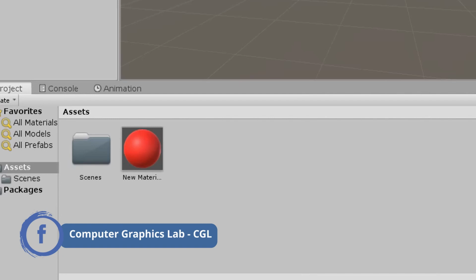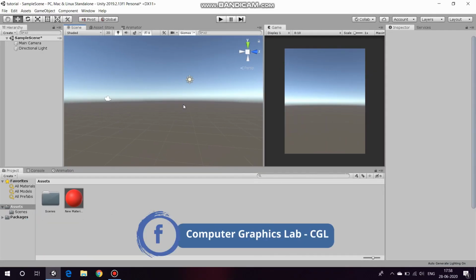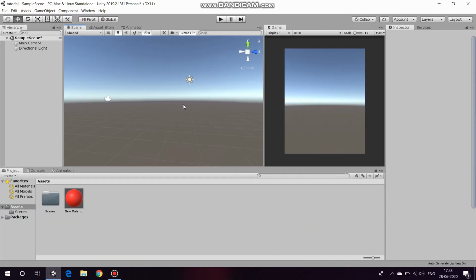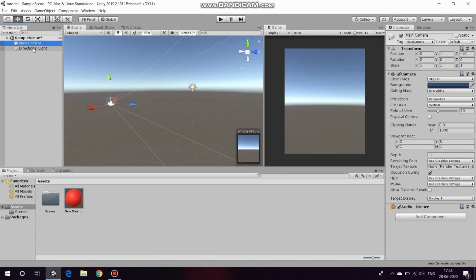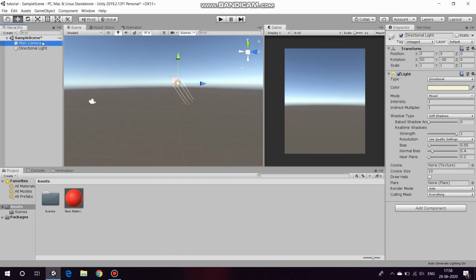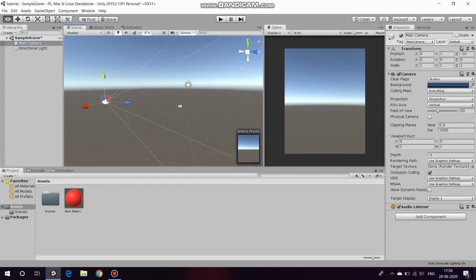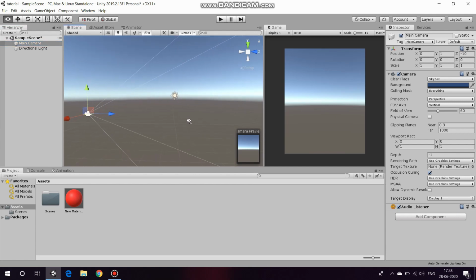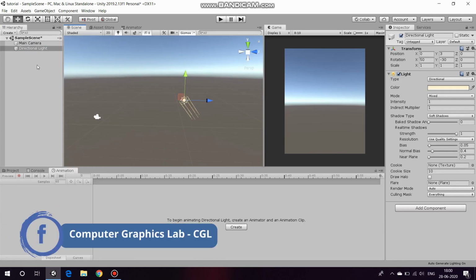At the bottom of the window, you have the Project tab. This tab holds all the assets that you're gonna need in the game. You can import your assets here and then use them in your game, or else create your own. You also have the Unity Asset Store where you can find many high quality free assets. When you start a new scene, Unity provides you with a camera and a directional light. The camera is the one which records your game and outputs that to the user. What the camera sees is what the player sees.